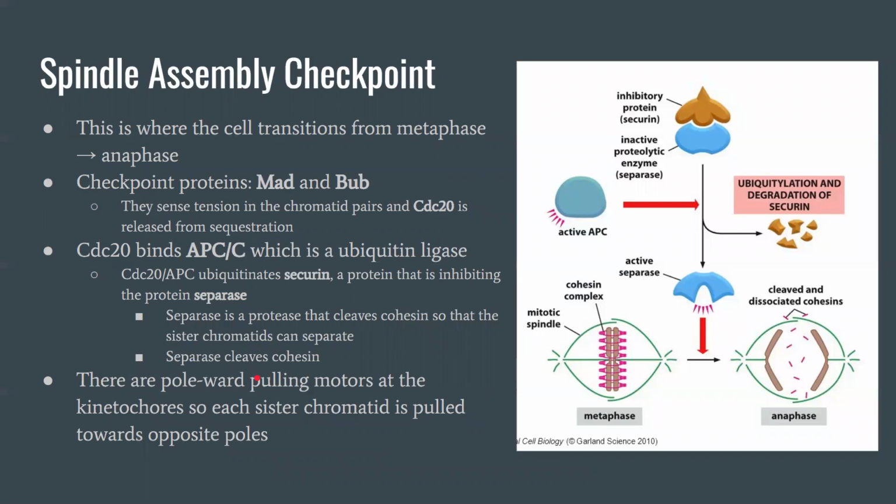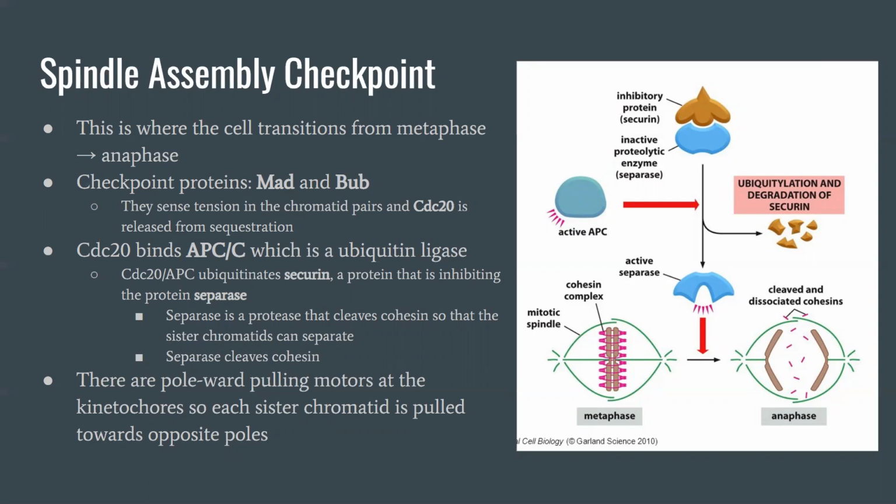So once again, there's another checkpoint because we have so many checkpoints throughout the cell cycle. Otherwise, we'd have crazy mutant cells just replicating like crazy. We don't want that. So we have another spindle assembly checkpoint. This is where the cell transitions from metaphase to anaphase. Anaphase is when the sister chromatids actually separate. Metaphase is when you're building the metaphase plate, where the sister chromatids line up in the middle